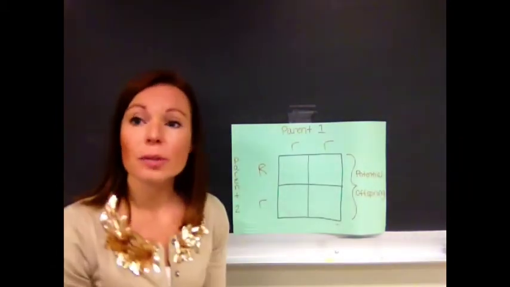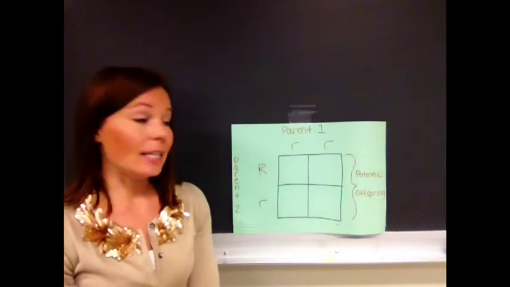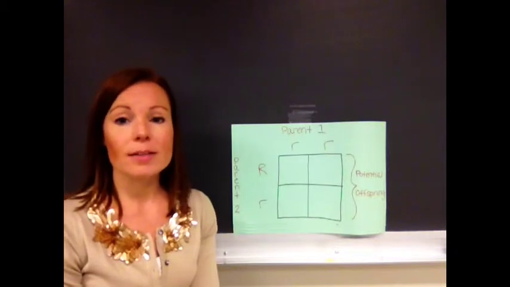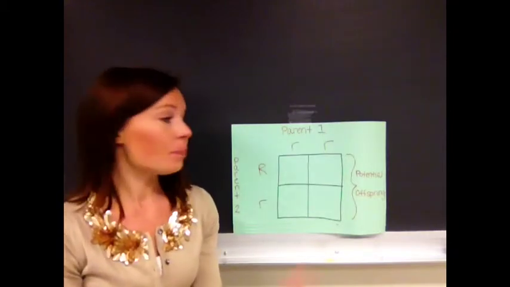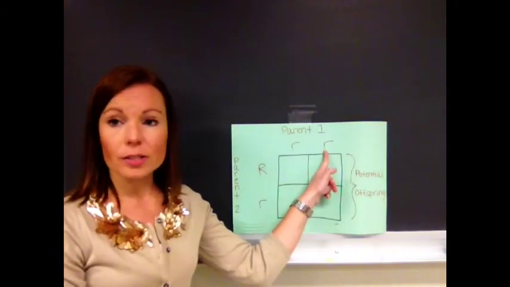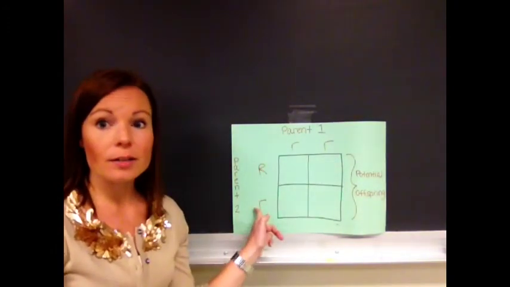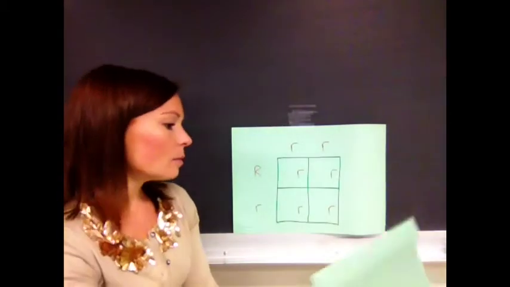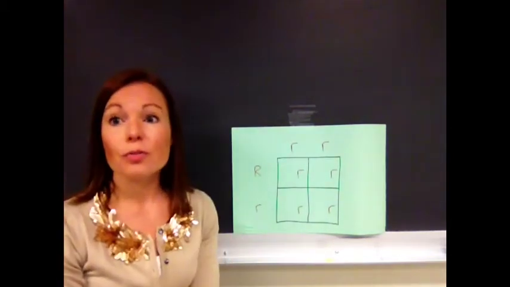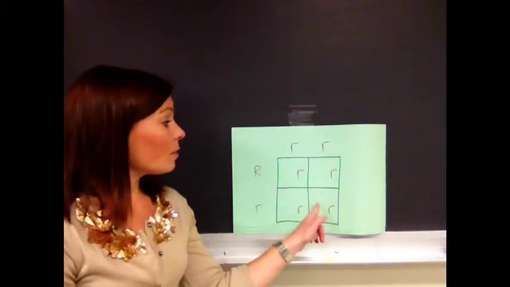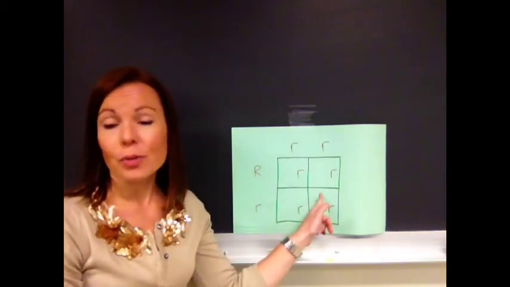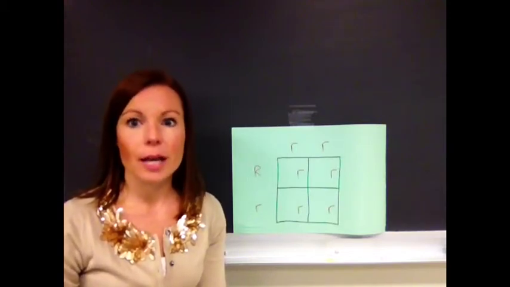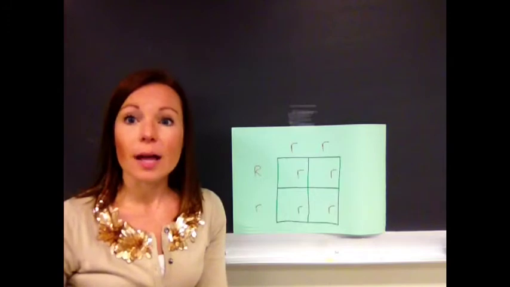In order to complete the Punnett square, you will need to create a square that has 4 boxes, and then you will write the two alleles for the first parent on the top and for the second parent along the side of the square. After you do that, this will show you the potential offspring that these two parents could create. So in order to fill out the square,